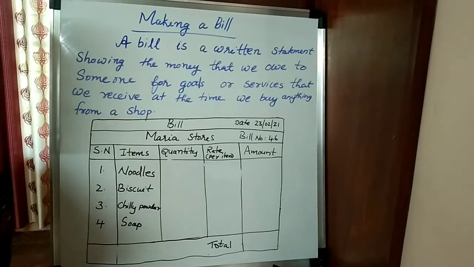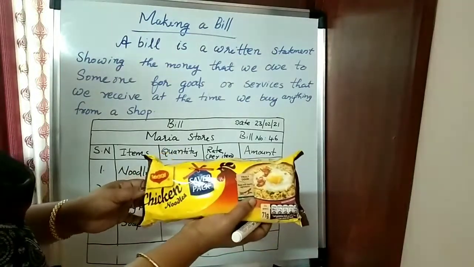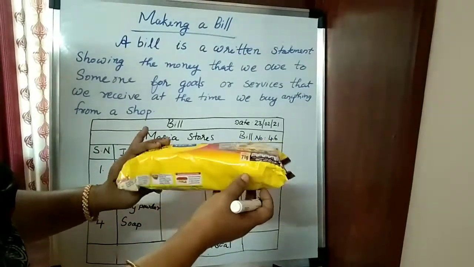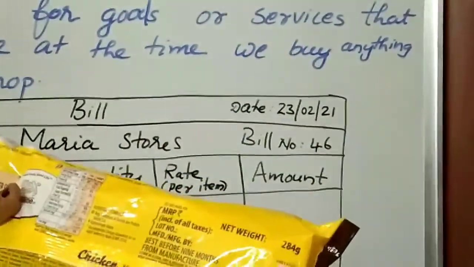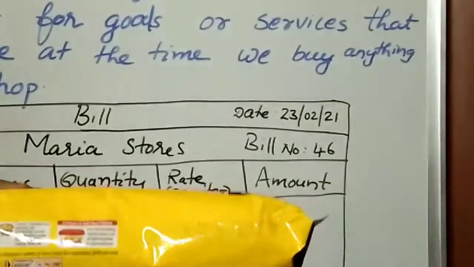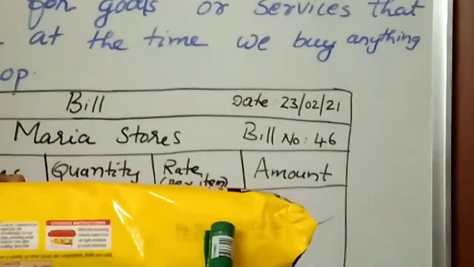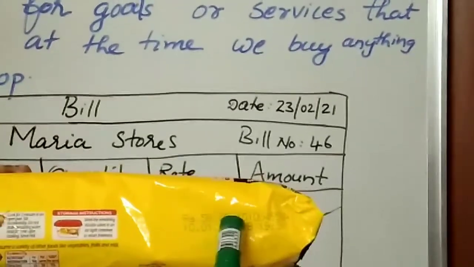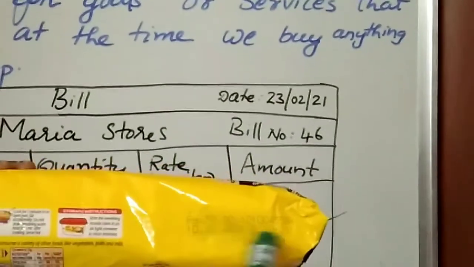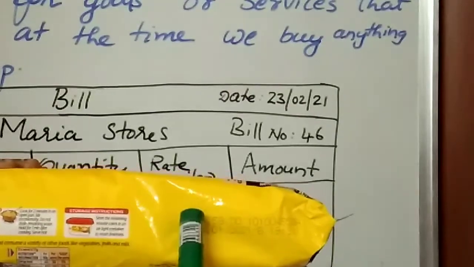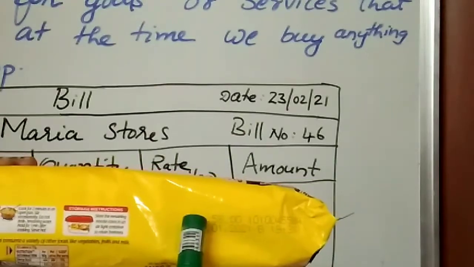Okay. When I go to the market, I have purchased some items. So here I am going to show you. The first one is one noodles packet, which I have purchased, and the cost of this noodles packet is, here you listen, here is RS 58.00. You can see the symbol of rupees, otherwise RS. So rupees 58 is the price of this noodles.